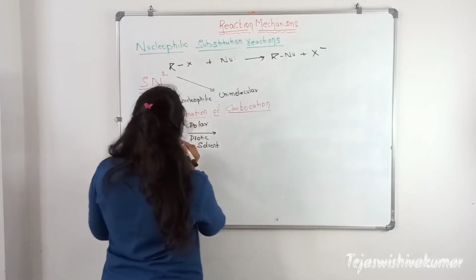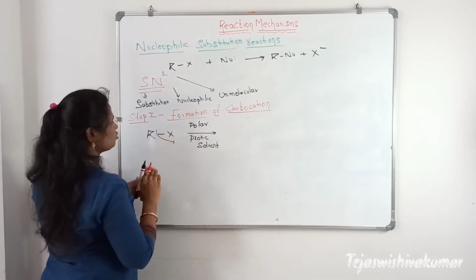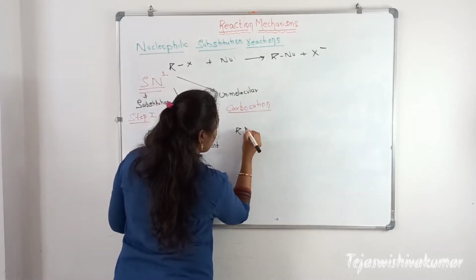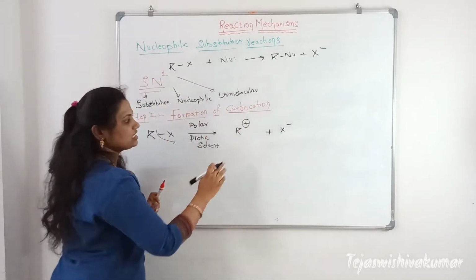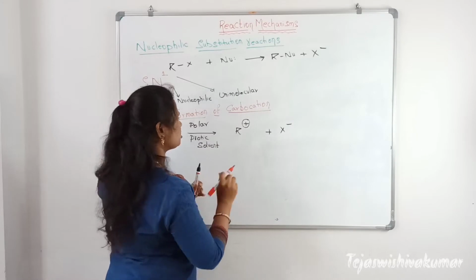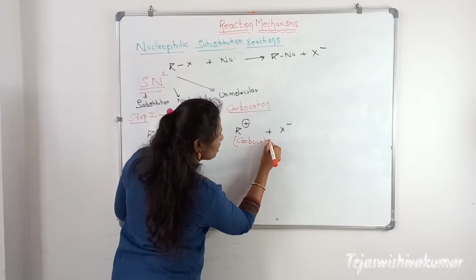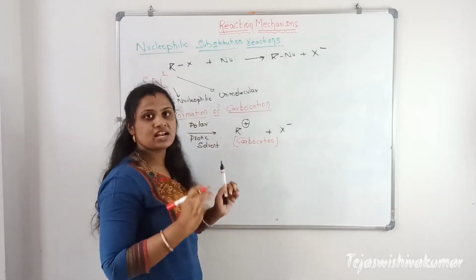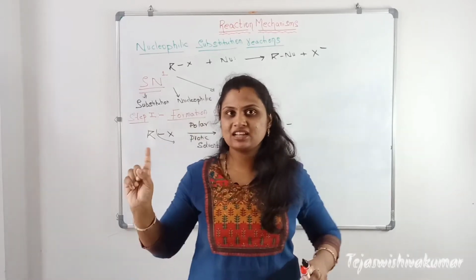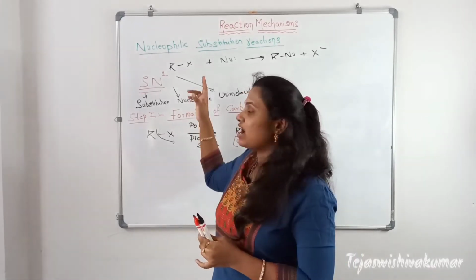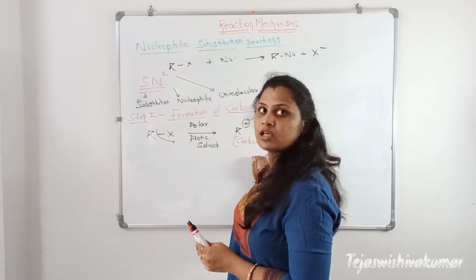Now what will happen? X will leave by taking the electrons with it, and so R will be getting positive charge and this will get X minus. See, carbon bearing positive charge is called carbocation. So this is the intermediate that is formed in SN1 reactions. Till now we have learned 3 points. First thing, SN1, it is a unimolecular reaction. Next, it will undergo reaction mechanism in 2 steps. In the first step, carbocation is formed. Now next step,